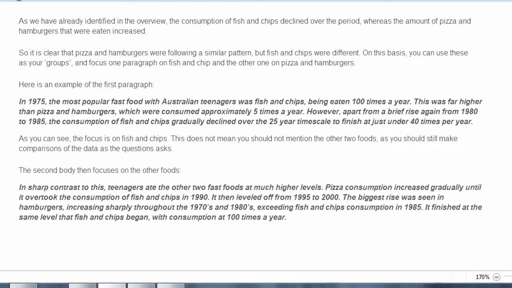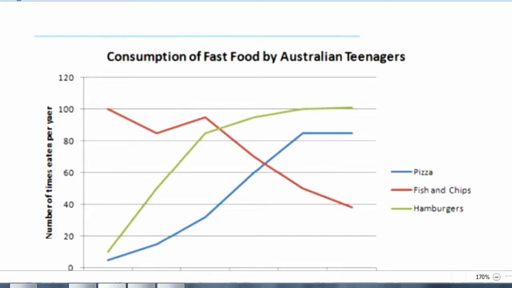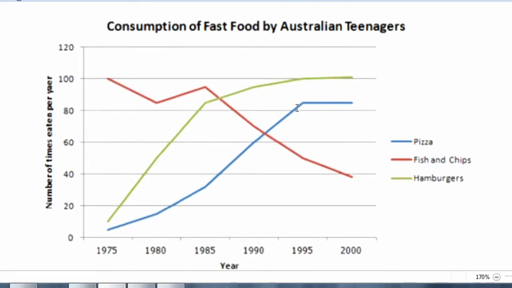So we can write, in contrast to this, teenagers ate the other two fast foods at much higher levels, and pizza consumption increased gradually and overtook the consumption of fish and chips